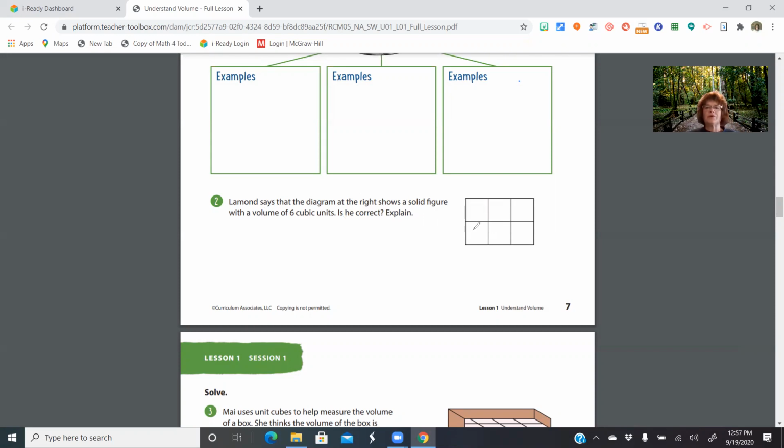Well, we have 1, 2, 3, 4, 5, 6. We have 6 squares here, but are they cubic units? Think back to what we learned about square units and cubic units. So these are not cubic units. These are square units. So our answer is no. Why? This diagram